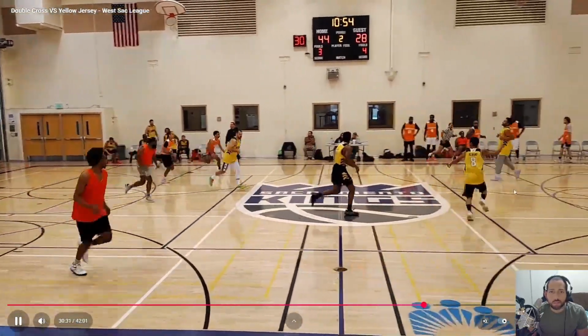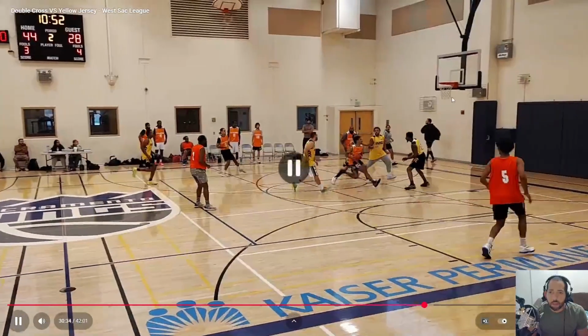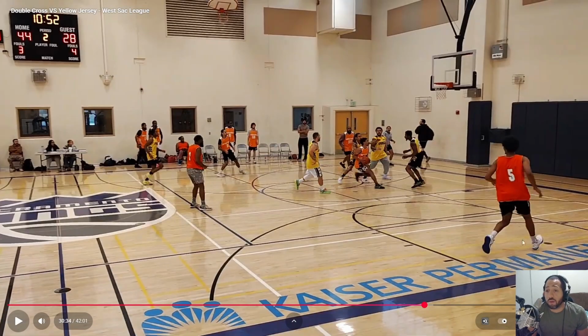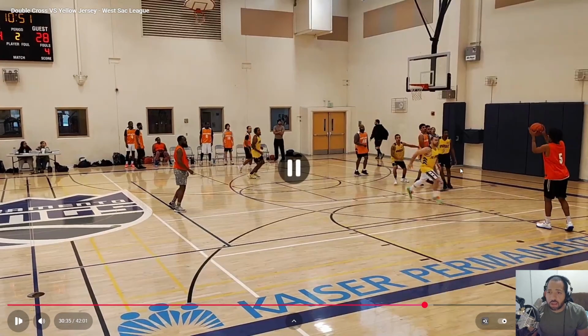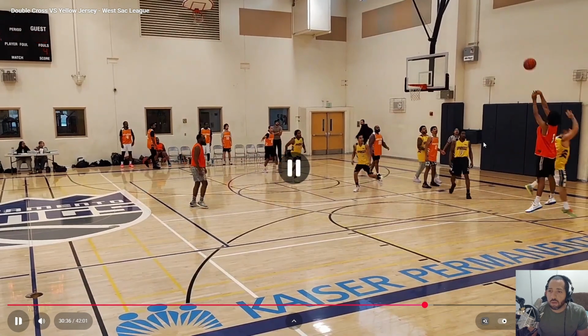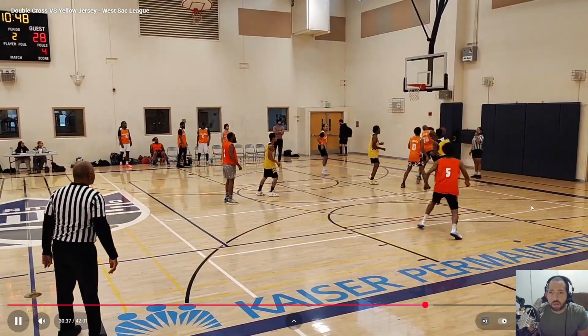So look, for me, if you're coming here, honestly, it's a great thing to do to spot up. Look at your body rhythm. You're already in your 1-2 stance to catch and shoot. So he can then get it to you and shoot the ball right. But look, this is the only thing. See, 1-2. He's coming at you flying. You already see what's happening. As soon as he comes at you flying, pump fake. And then take your time because he's already in the crowds. Boom. So he would already be here. You would have pump faked. And then you would have had an easy little, let me just shoot it. Just a rush shot, but